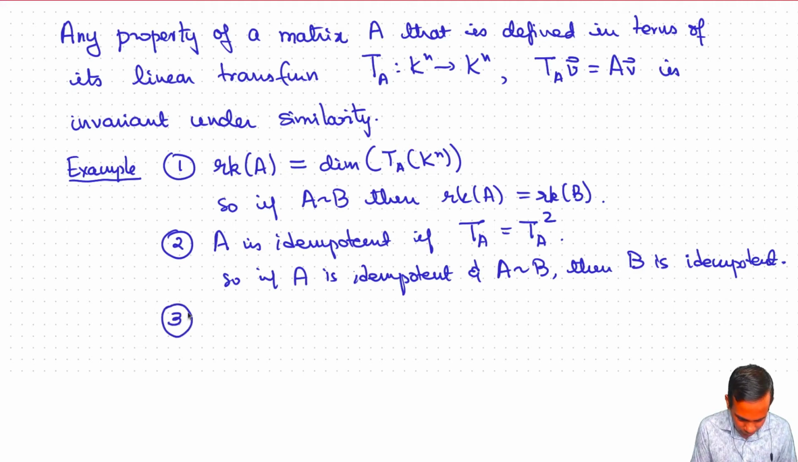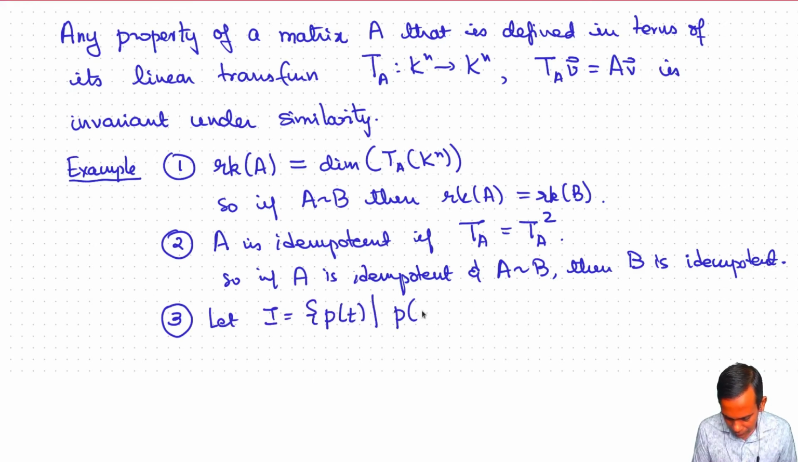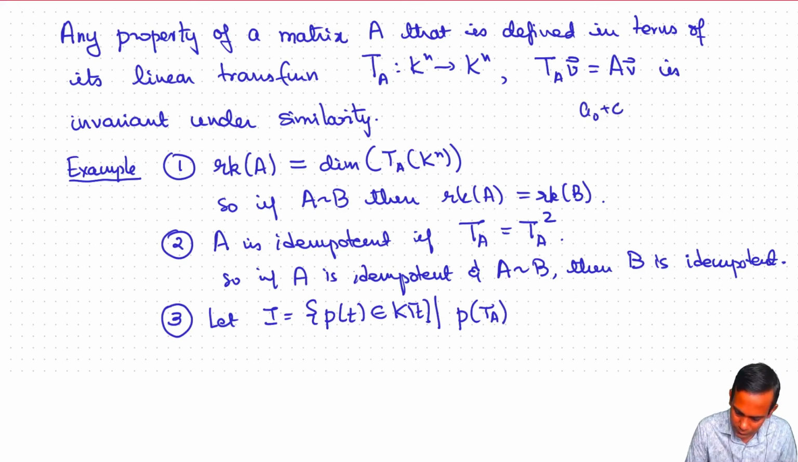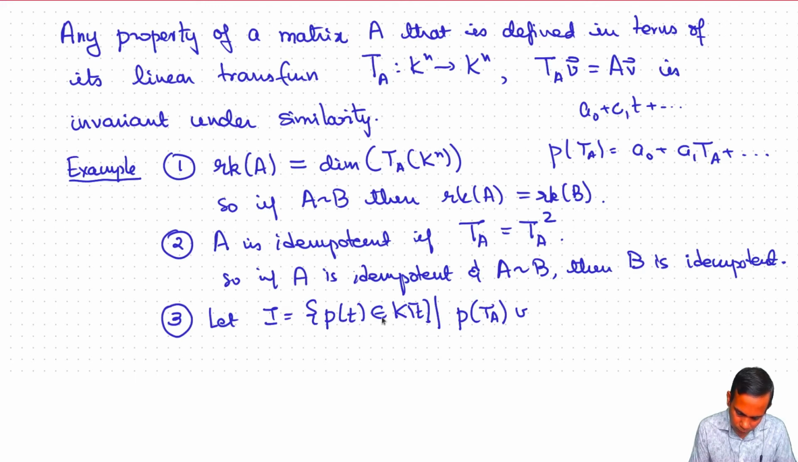Here's a somewhat more interesting one. Let I be the ideal of all polynomials P(t) in K[t] such that P(TA), which is again a linear transformation, is zero. So if P is a0 plus a1 t plus and so on, then P(TA) is a0 plus a1 TA plus a2 TA squared and so on. So we look at all the polynomials such that P(TA) is the zero linear transformation from V to V. Then this I is an ideal